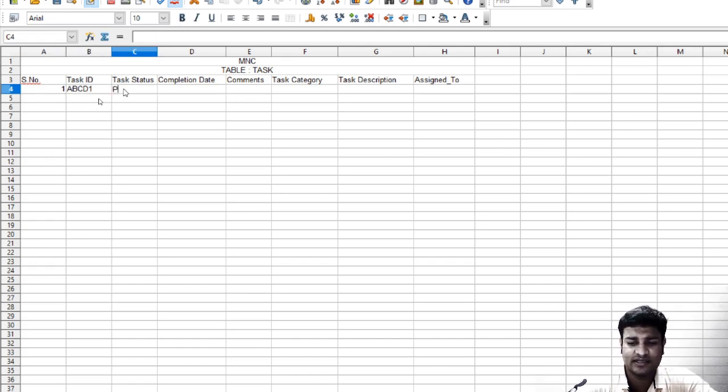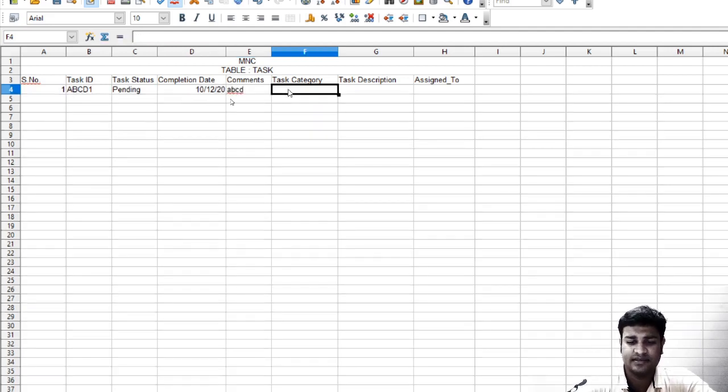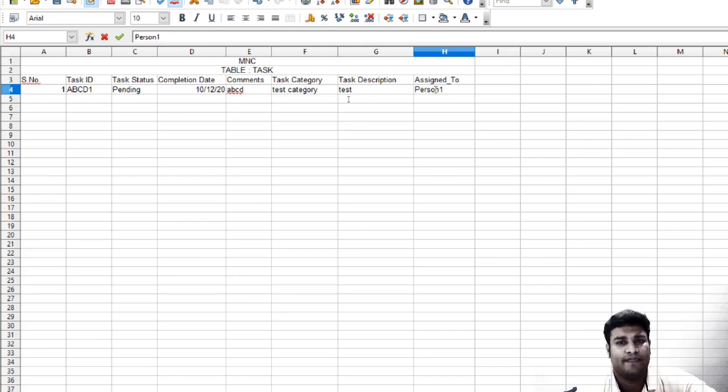The task status is still pending. The completion date is 10/12/20. Comment says again ABCD. Category is test category, and description is again test, and assigned to employee name as person 1.